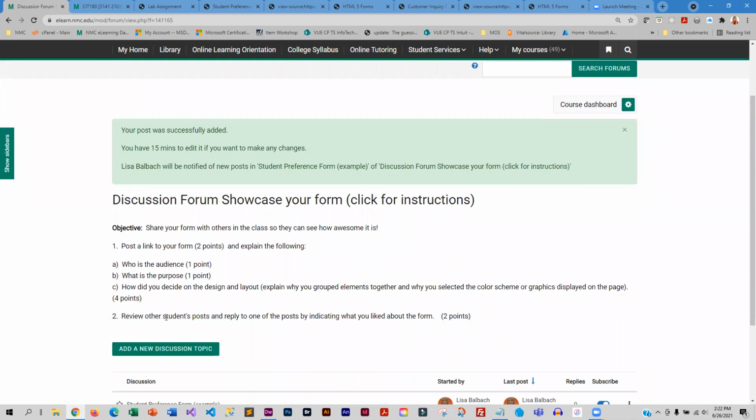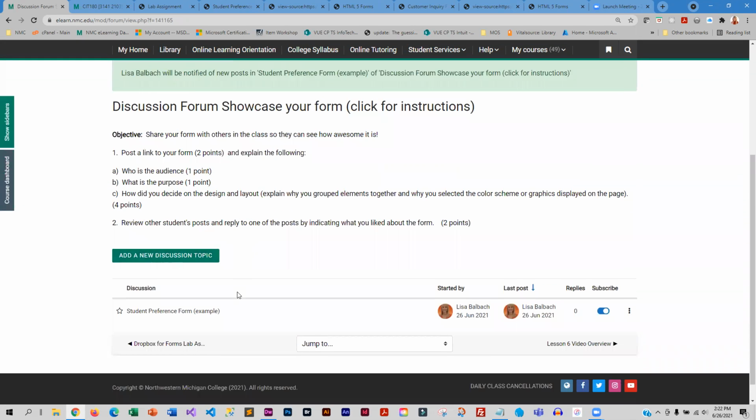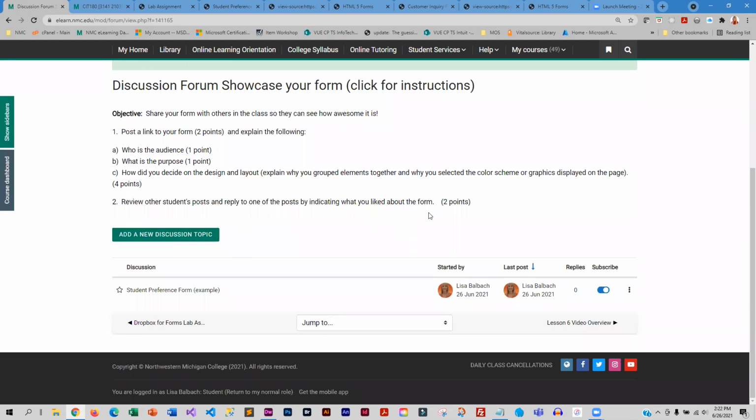So once you make your submission, then you just need to review your classmates' posts. And then you're going to reply to one of them indicating what you liked about the form. So if you post and nobody else has posted, you certainly can reply to mine. Otherwise, go ahead and